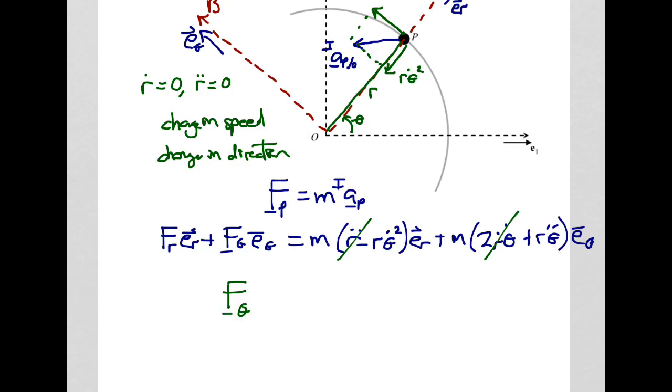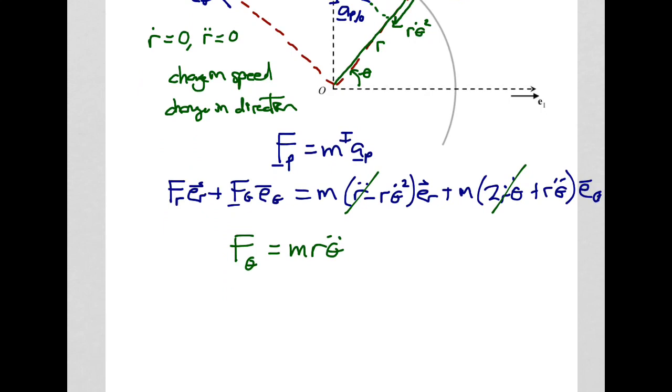has to be equal to m r theta double dot. And this fits well with Newton's first law, because we're saying that if we're going to change our speed, if we're going to increase the speed, then we have to do that with a force. And so that's exactly what Newton's first law says. It says if a body is in motion, it's going to stay in motion with a constant speed unless acted on by another force. Next, when we equate these pieces, we get an F sub r,